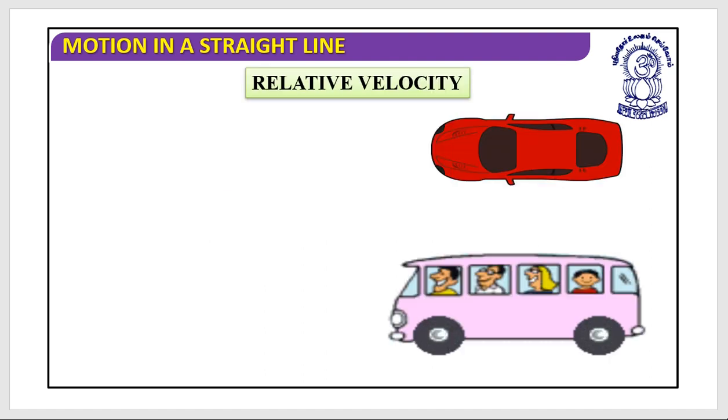Let's move on. Yes, look at this. Can you see the car? Can you see the bus? Let's say this is the velocity of the car in this direction, and the bus is also moving in this direction, velocity of the bus. If you are asked to find the velocity of the car with respect to the bus, let's say this is moving with 40 meter per second, and this is moving with 20 meter per second. So in this situation, I will say that